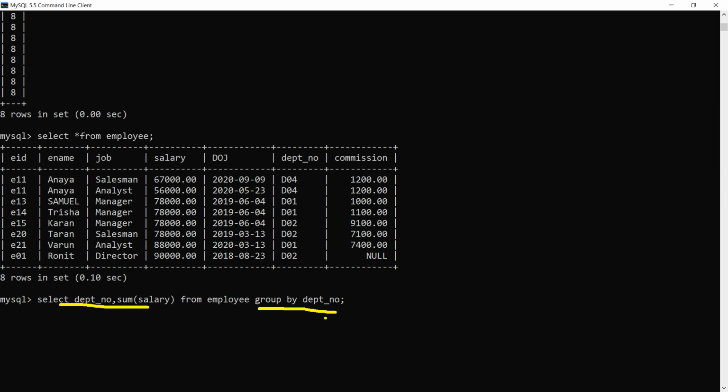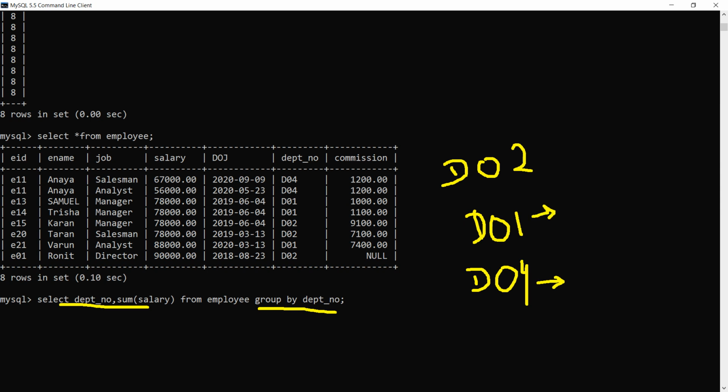So when we are grouping, we are getting three groups: D02, D01, and D04. Now, sum of salary. It will first give the sum of salary of D04, because D04 is occurring first, then the sum of salary of D01, and then the sum of salary of D02.